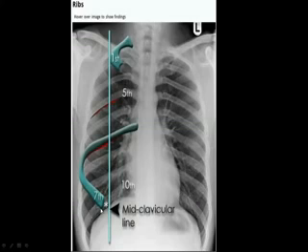Or the 10th rib posteriorly. Like this is the 10th rib. You count the posterior ribs: 1, 2, 3, 4, 5, 6, 7, 8, 9, 10. The 10th rib. So either the posterior end of the 10th rib must be seen, or the anterior end of the 7th rib must be seen above the diaphragm, the dome of the diaphragm. Like the diaphragm should not be here at this point.